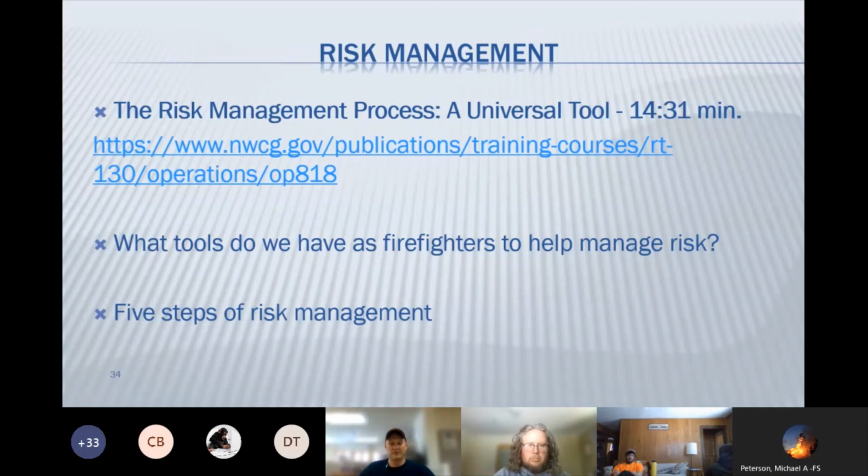We'll move now back to the IRPG page 1, the formal risk management process that they talked about in the video a little bit as well. So read through that page. As I said there, after step 5 or at any part during the 5 steps, ask yourself if it's working or if that can be applied to the current situation. If that checklist isn't working, you need to go back and reassess and start over. And that's going to constantly be happening on the fire line, or it should.